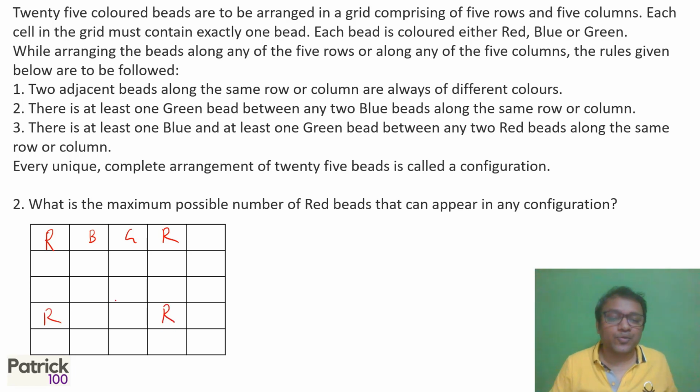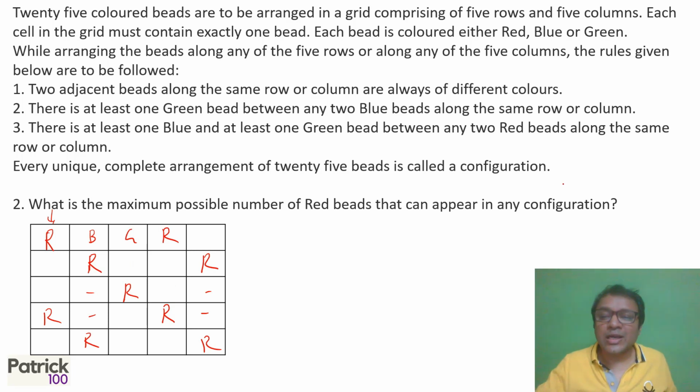So you have 4. Let's look at the next row. If I want to have two reds in the second row, I technically have to put red here and red here, because you can't have two adjacent reds. So I can't put one in the first column. I have to put red in the second column, and I can't put it in the same column as above, because there should be at least one blue and one green between them. So finally, in the third row, I can have red only in the middle part. I can't have red anywhere else.